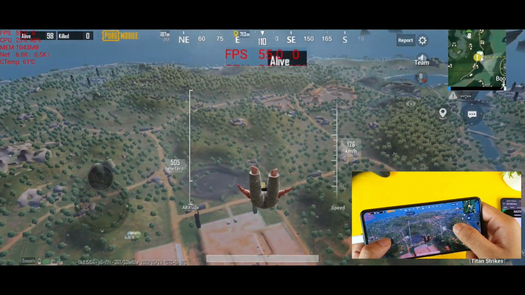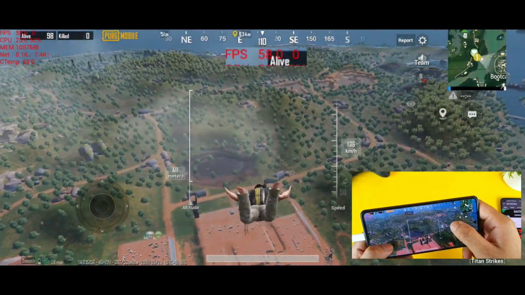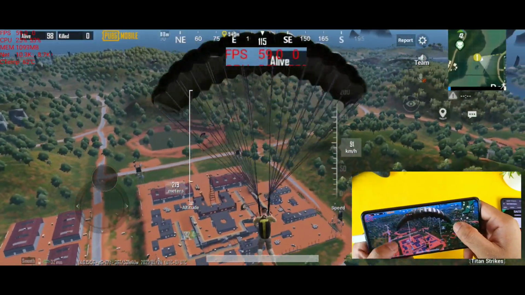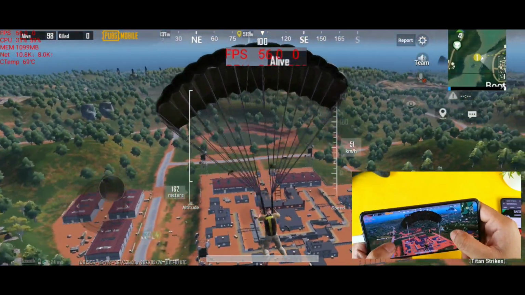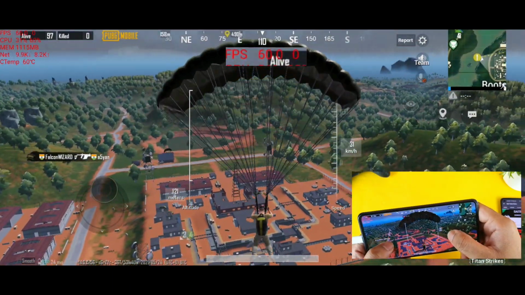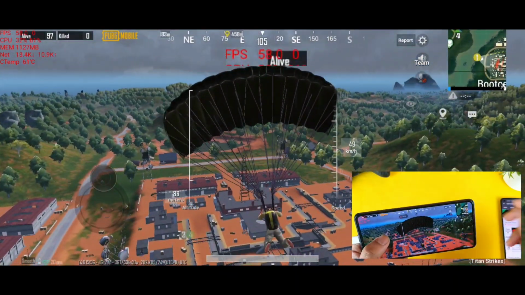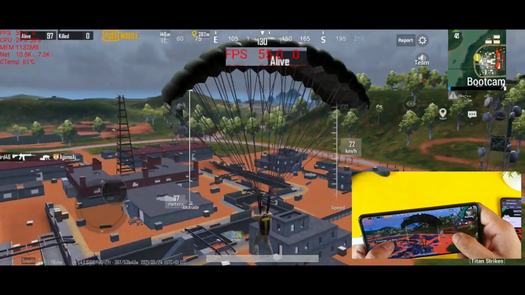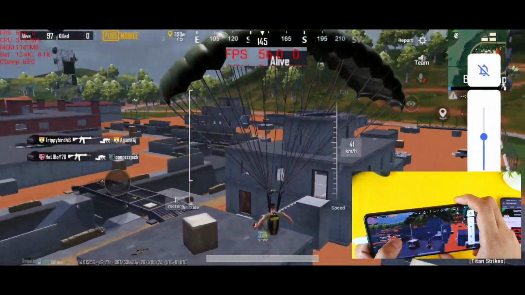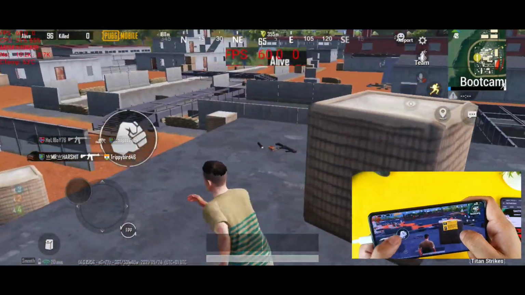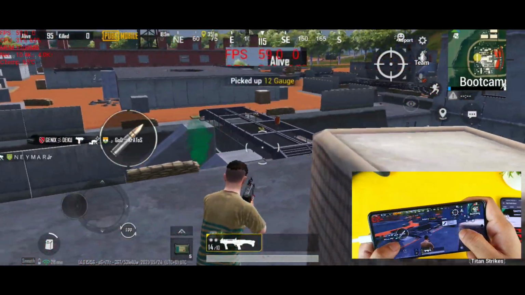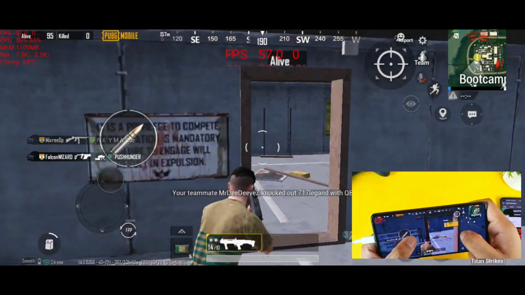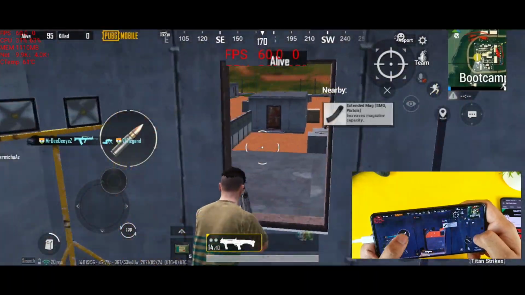So 58 FPS. As you can see friends, right now I'm getting about 57 FPS.